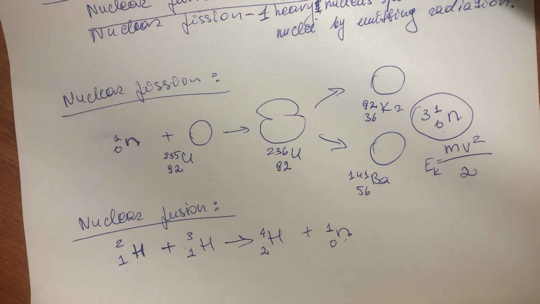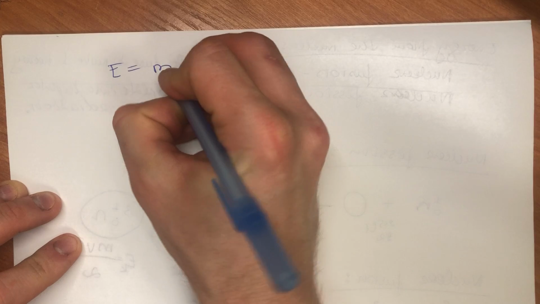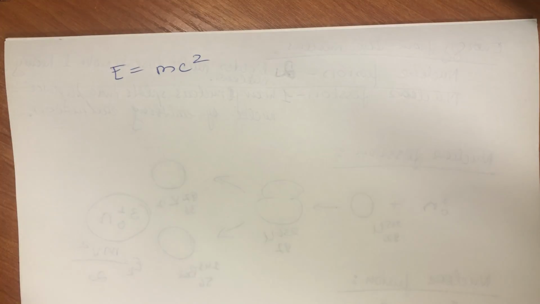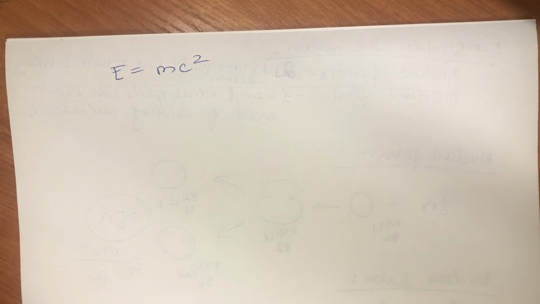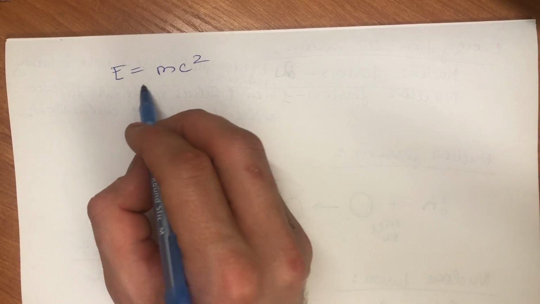And nuclear reactions release millions of times more energy than chemical reactions. This energy comes from Einstein's famous equation, E equals mc squared. This is Einstein's theory of special relativity. Well, it is not the theory itself, but one result derived from that theory,